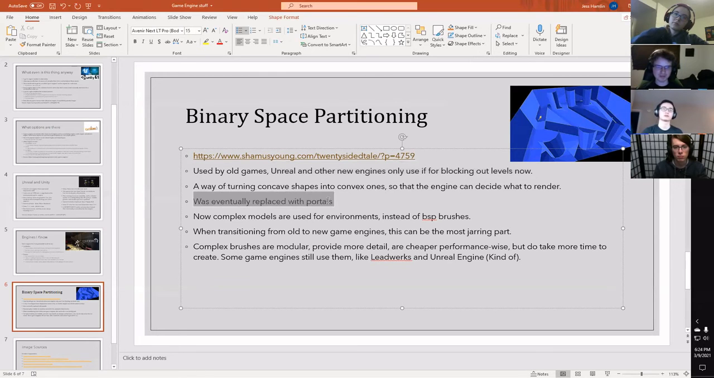So it was eventually replaced with portals. This was used in things like Quake, where instead of not rendering things that you couldn't see behind these pillars by looking at this crazy geometry, you would instead put not a portal in the terms of the game, but a portal in the terms of like a window or a door, a portal into another room. And how that would work is every time you see the portal or the passage into another room, it would render the other room in its entirety,